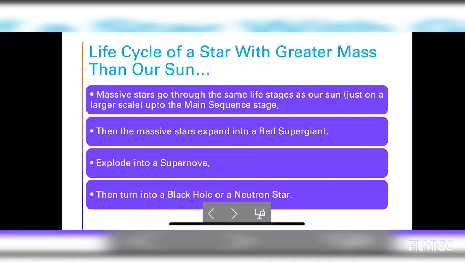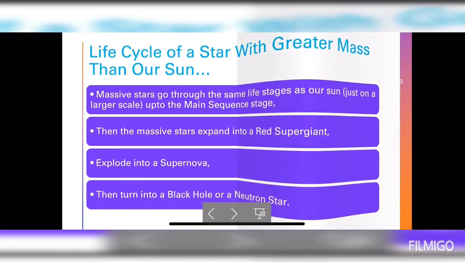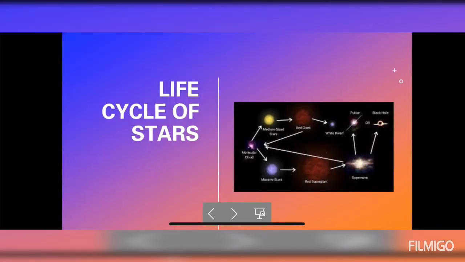Life cycle of a star with greater mass than our Sun. Massive stars go through the same life stages as our Sun, just on a larger scale, up to the main sequence stage. Then the massive stars expand into the red supergiant, explode into supernova, then turn into a black hole or neutron star. This is a picture for the life cycle of stars,